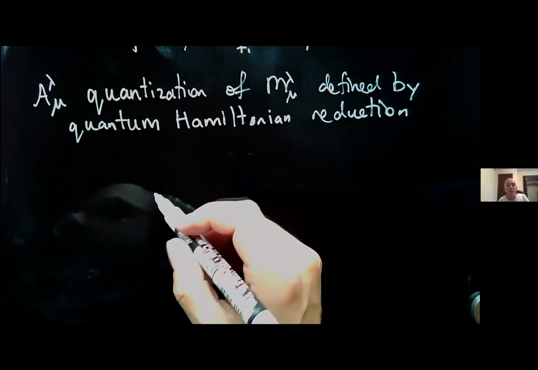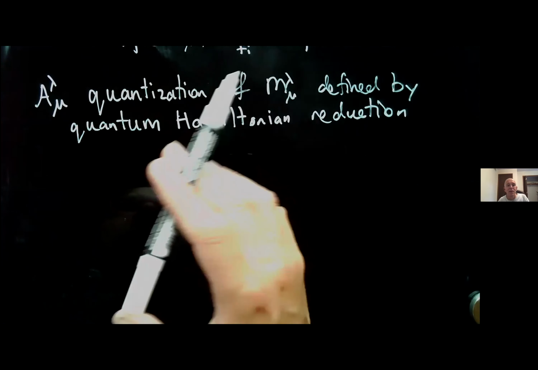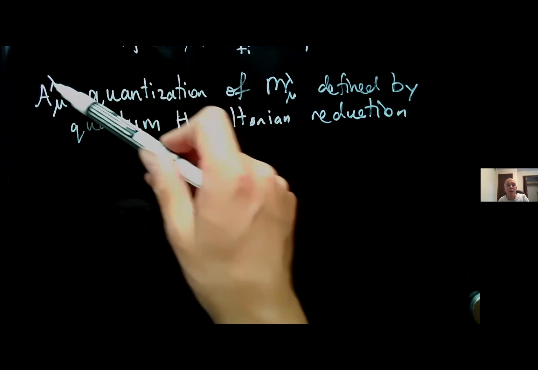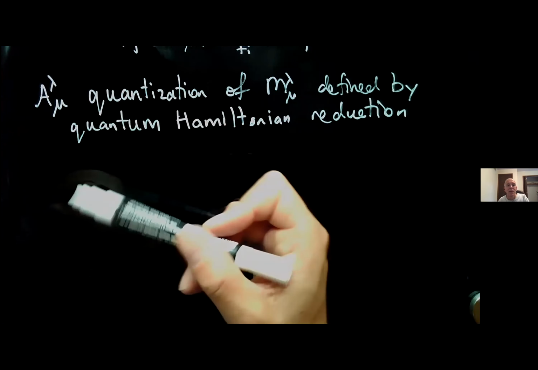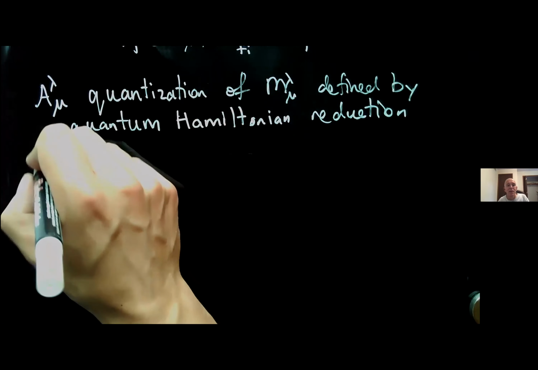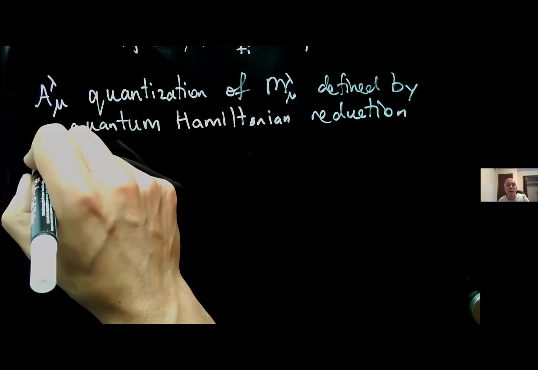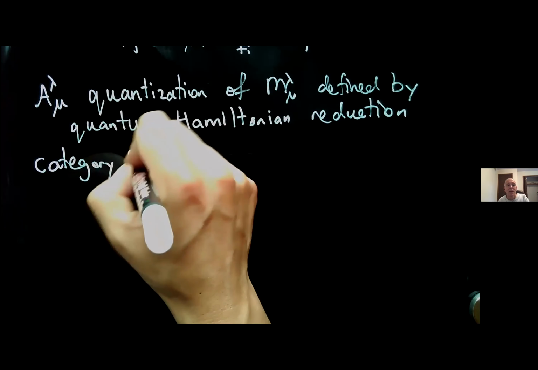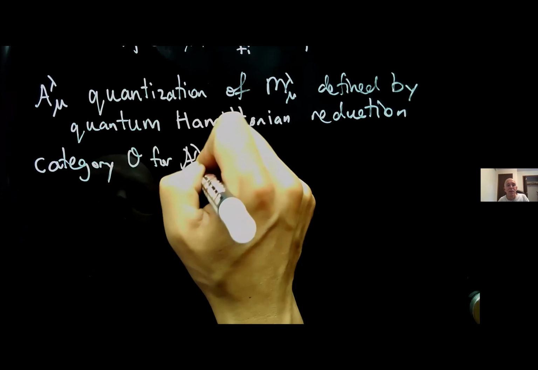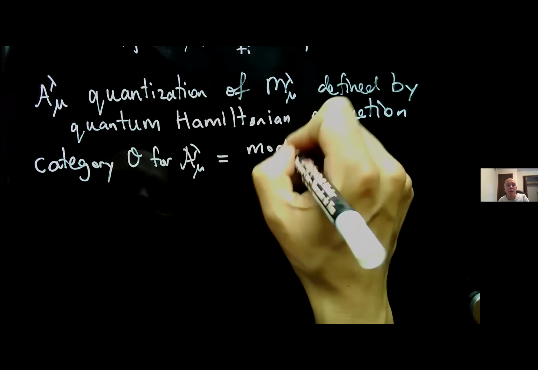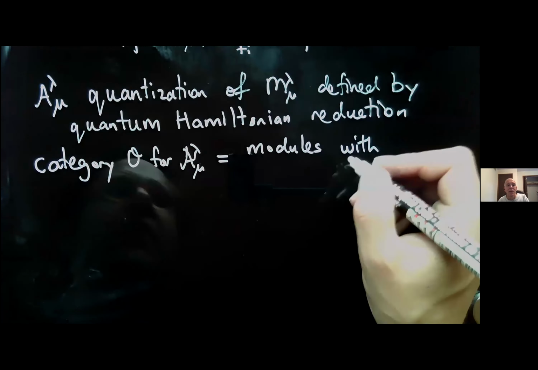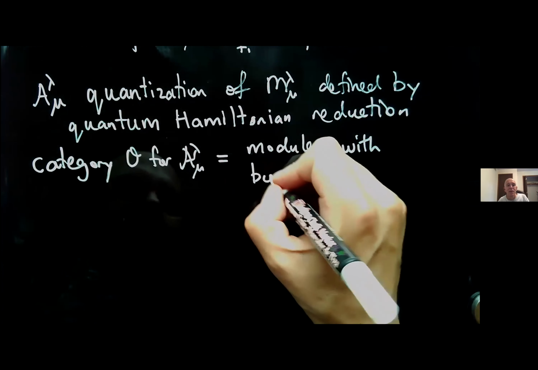But nonetheless, we can upgrade these correspondences that I mentioned, these linear maps coming from correspondences, to functors between categories of modules over these A lambda mu's. In particular, we can study what's called category O for A lambda mu. So this A lambda mu has a Z grading, and category O for A lambda mu is a category of modules compatible with Z gradings, compatible with the Z grading in the algebra, but the Z grading should be bounded above.